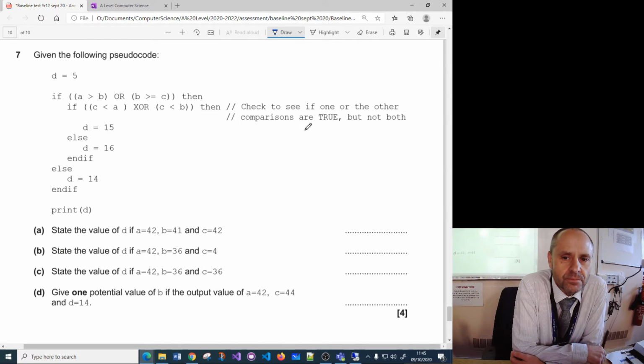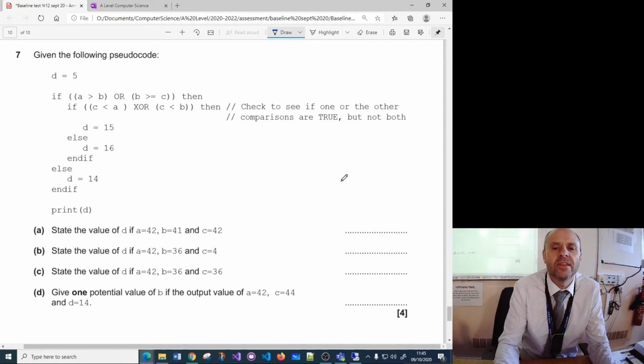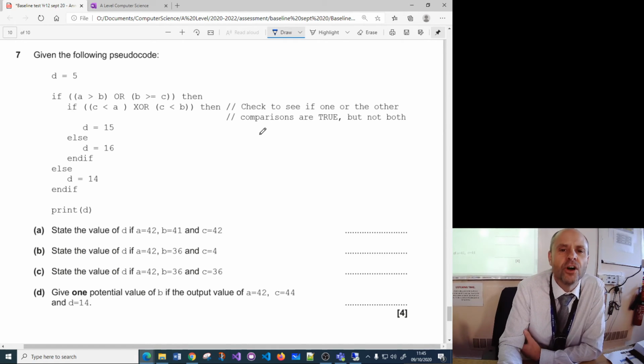Okay. The truth table for XOR looks like this. Let me just draw it. So if you've got two inputs, so it works like an OR and an AND. So you've got two inputs which could have these possible values. And the A XOR B,